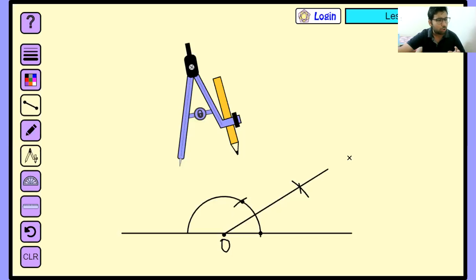Sir, I've drawn 30 below, but no need. Always go from smaller to larger. You have made a mistake: you drew 180 first and then 30 degree. That is wrong. First draw the 30 degree angle and then go to 180 degree.